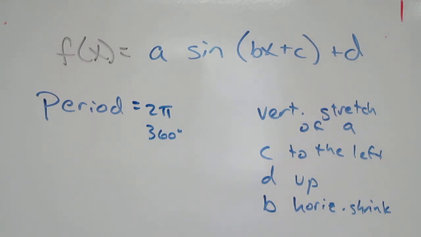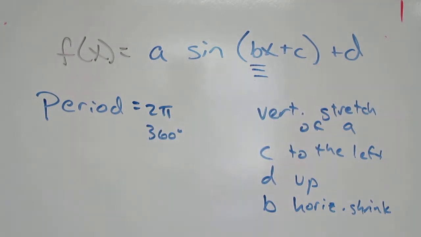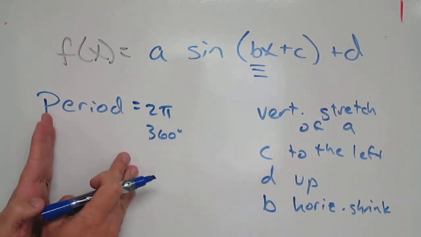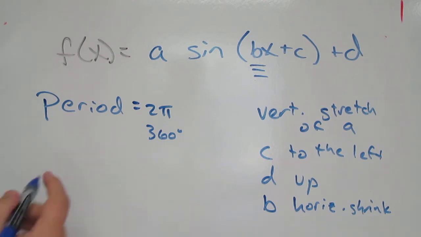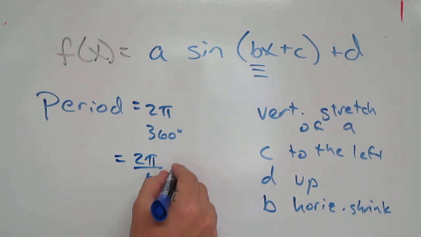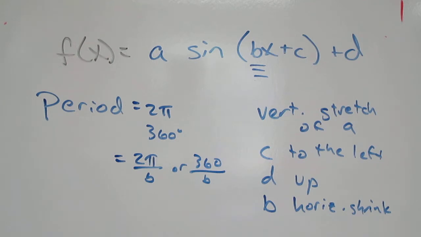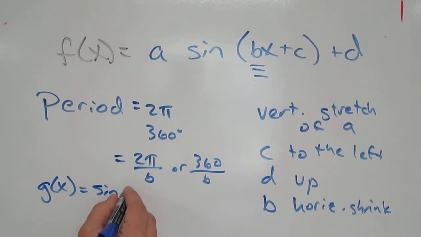Okay? And what's going to affect that? No translations are going to affect that. A vertical stretch doesn't affect that. Flips don't affect that. The only thing that would affect that is this value of b. Okay? I'm either doing some sort of a horizontal stretch or horizontal shrink, and that would change the period. So the period, when I have a value for b, is equal to 2 pi over b, or 360 over b. So again, to give you an example, if I said g of x equals the sine of 2x,